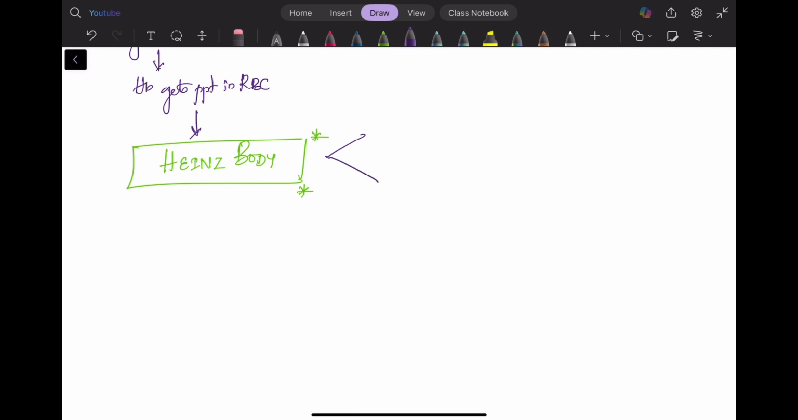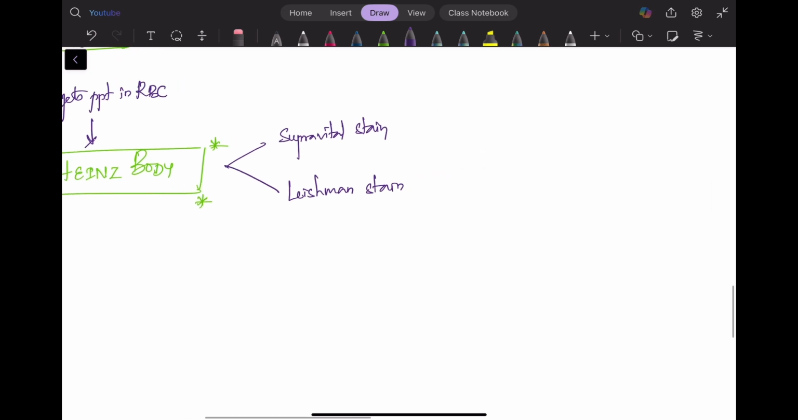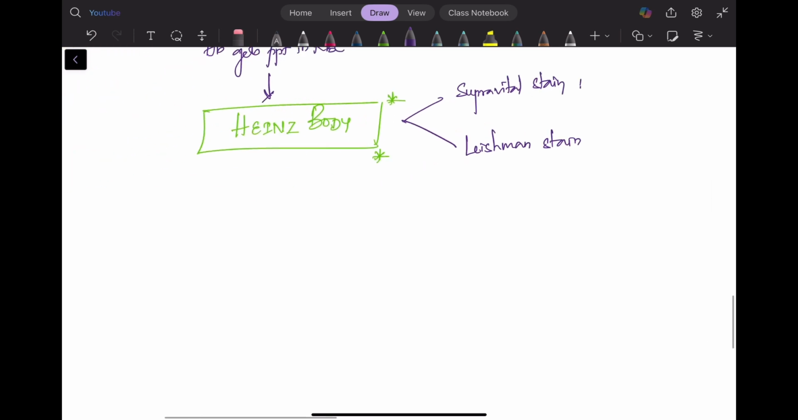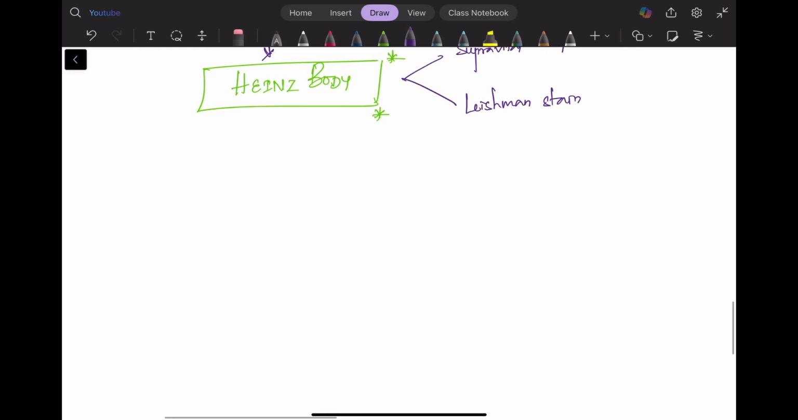So we have two stains. One is the supravital stain, then we have the Leishman stain. Usually, when you see it in the microscope, let me draw it for you. See, there is something like a bitten thing, right? This bitten part,